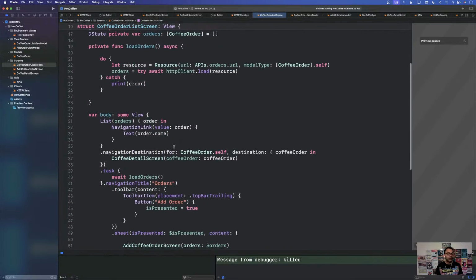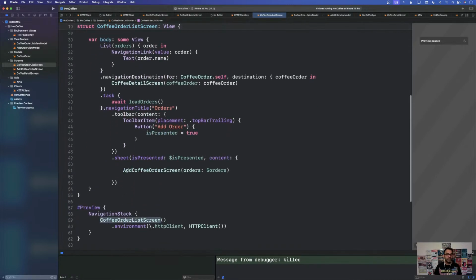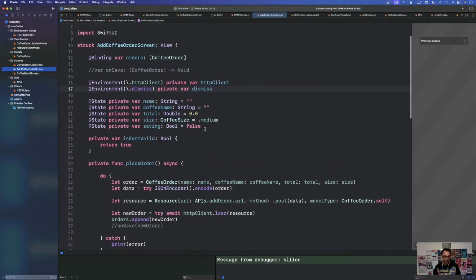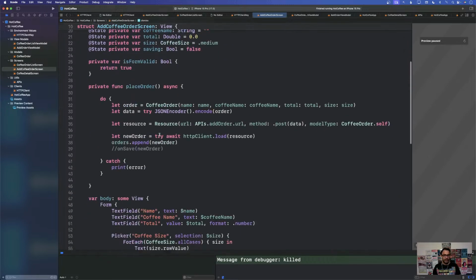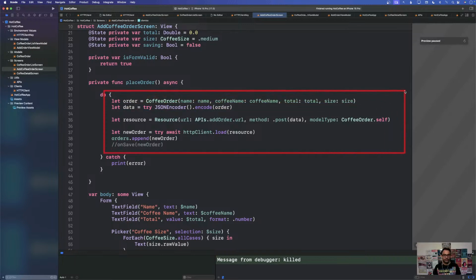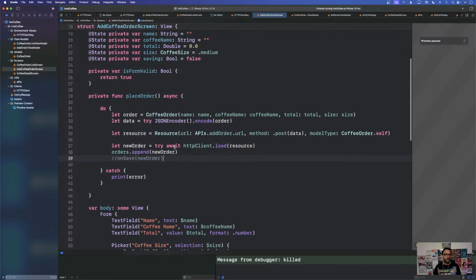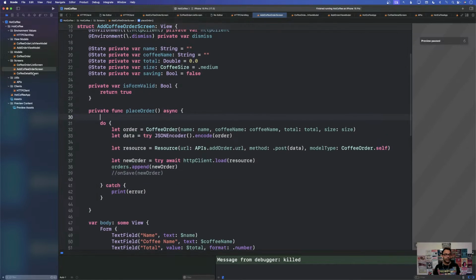Now, one thing that I don't like about this is if I'm trying to add something, like add coffee ordered screen, right? So if I go to add coffee ordered screen, the add coffee ordered screen can also access the HTTP client right from the environment. It's in the environment, everyone can access it. And then it can place a new order. Okay, that's fine. The problem comes that after placing the order, because the add coffee order screen is a modal,